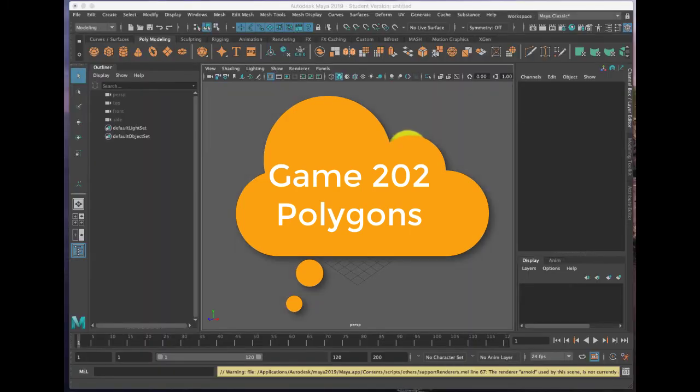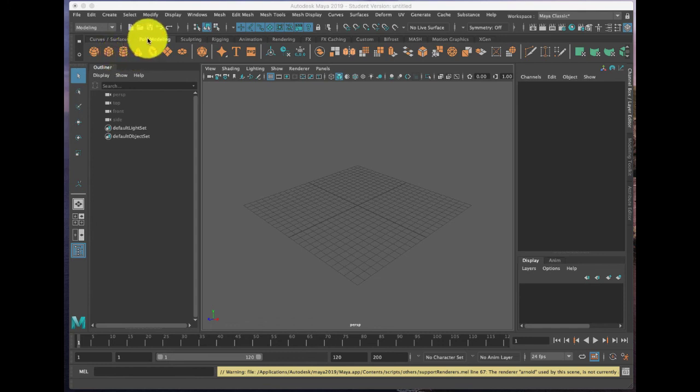So this recording is going to talk about the different types of polygonal elements that you can create inside of the 3D environment of Maya. You'll notice that at the very top of the screen we've got the poly modeling shelf showing, and there are orange icons up here in which you can easily select any of these icons and add the objects directly to